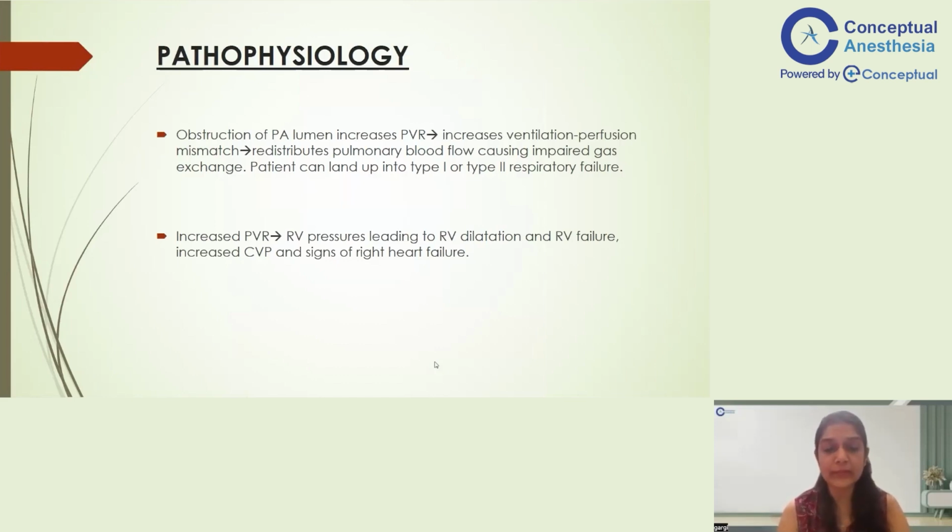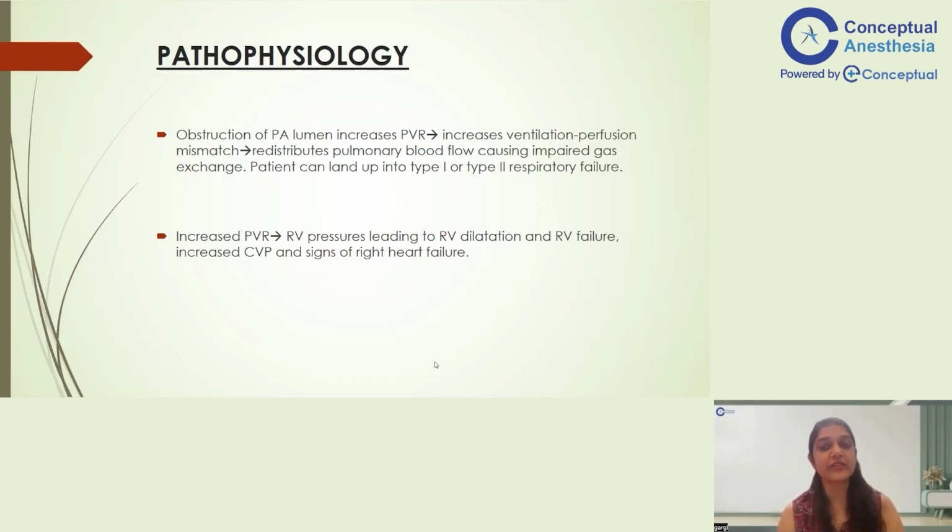Now, how is it going to happen? As the pulmonary circulation gets compromised, there is going to be a decreased perfusion in the respective regions of the lung. But obviously, the ventilation is not going to be affected, because here the abnormality is inside the pulmonary circulation. The alveoli or the lung parenchyma per se is not affected. So the ventilation is going to happen, but there is going to be an abnormality in the perfusion. That is going to cause increased ventilation perfusion mismatch, and that is going to cause hypoxia, desaturation.